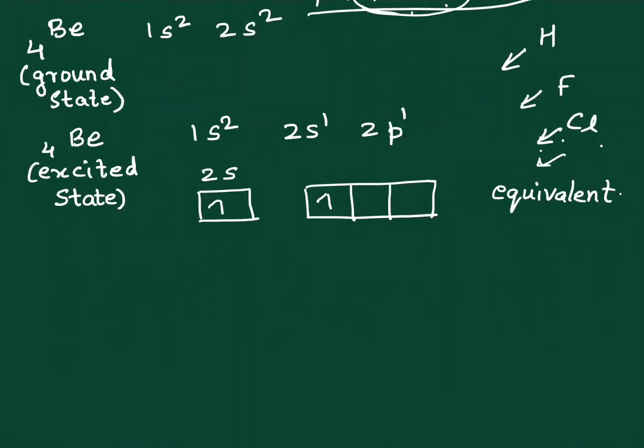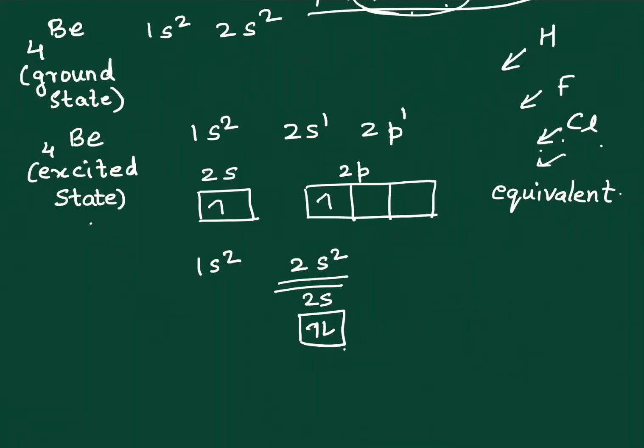Now, before I explain different, first of all, the question arises in the mind of the student, why should it get excited? If you notice over here, the electrons in the 2s orbital, 2s sublevel are completely filled up, completely paired up. So it won't feel the need to form a bond, right? They are completely paired up. So how do we explain that this beryllium wants to undergo bonding? This has been explained by saying that it jumps to the higher energy level, and that is the 2p level,